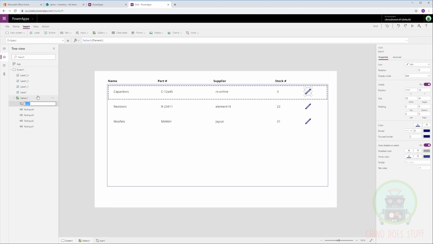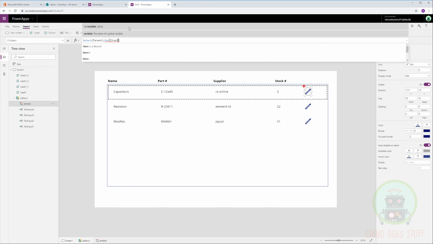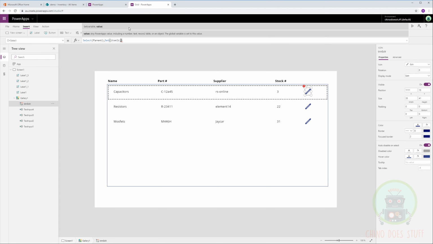Let's just call that this button, and it's the edit. Now in here, when we press that button, we want to set that item ID to this item